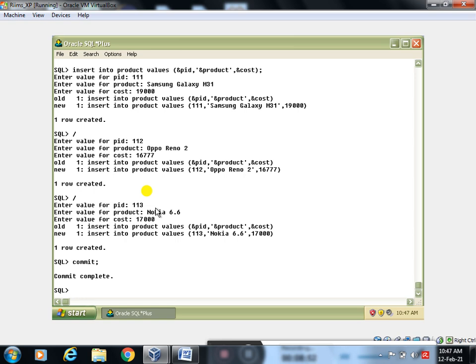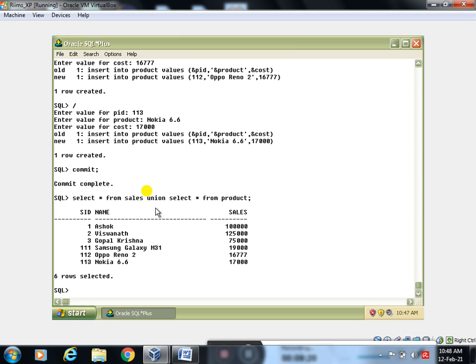So what we are doing now is this operation in Oracle: select star from sales, union, select star from product. We are doing the same thing in Informatica. What is the output here?